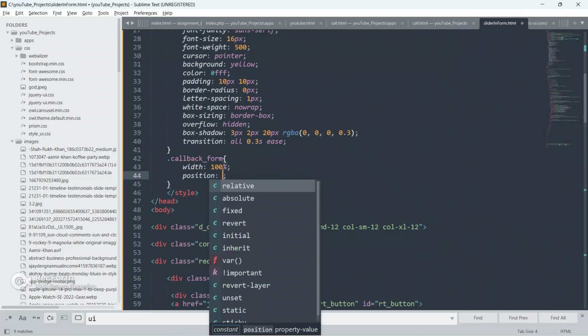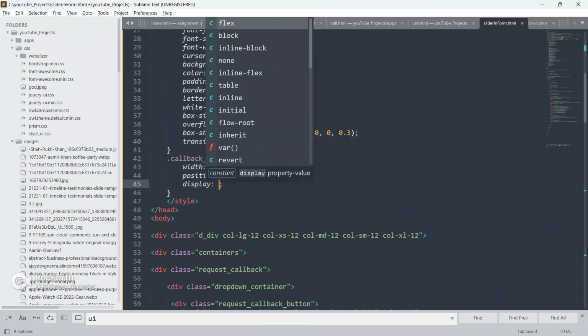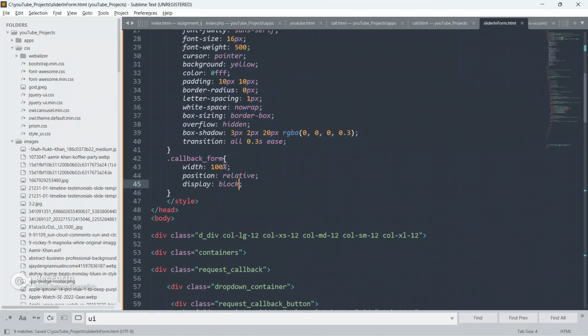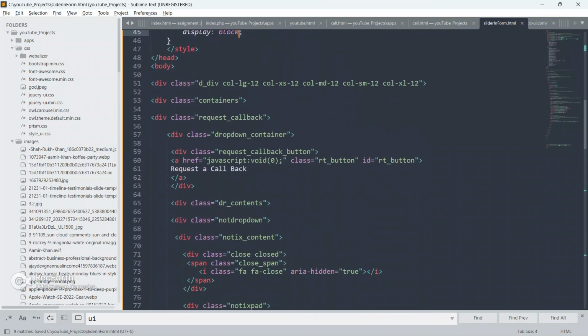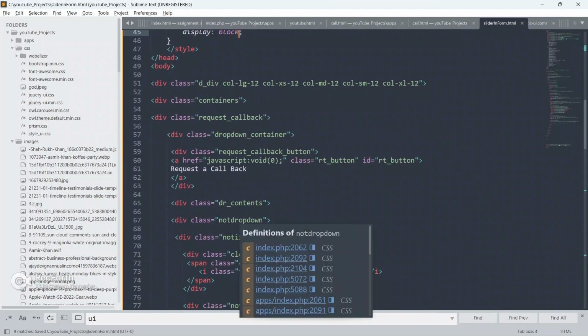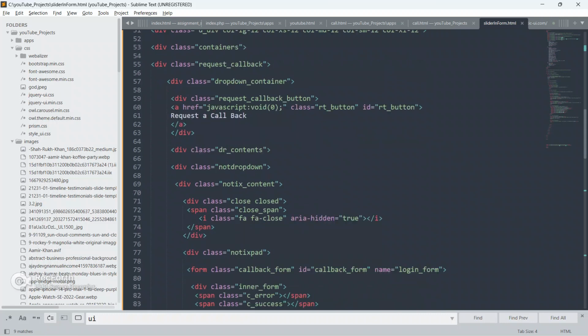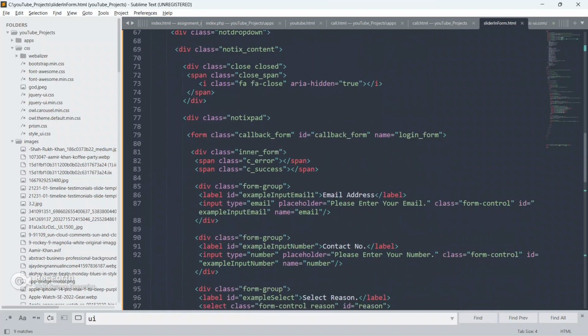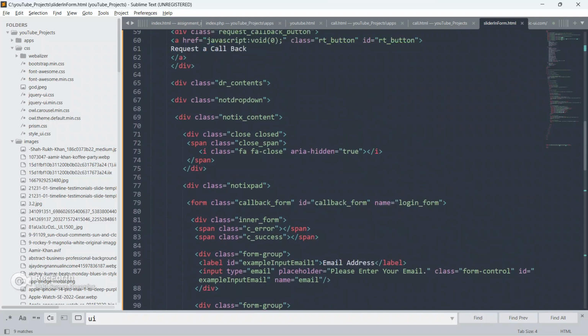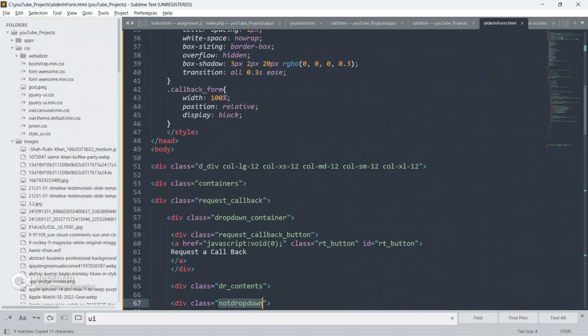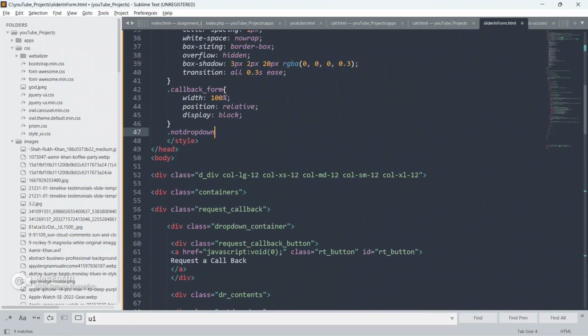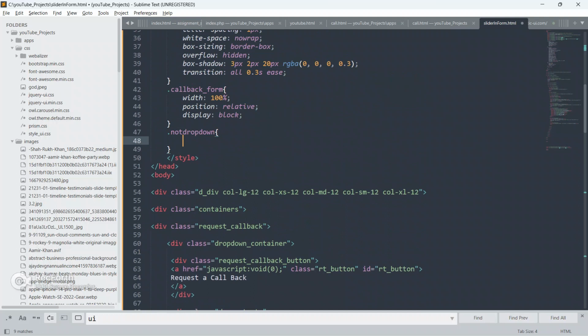Okay, give width 100%, give position as relative, and give display as block. Okay, so now going to target these drop downs, show drop down, we'll target it later. Now going to target this drop down. Okay, this drop down, not drop down. Okay, paste it here and give